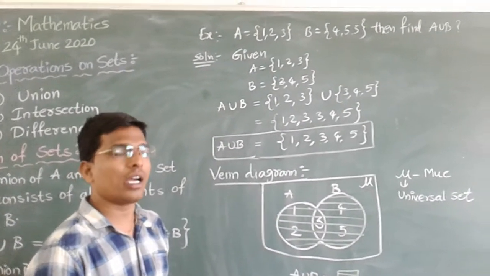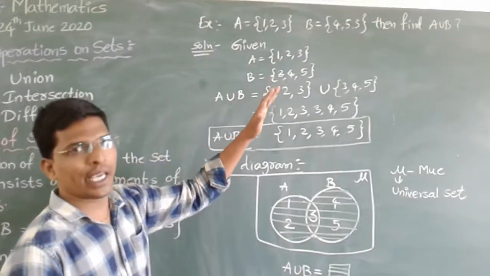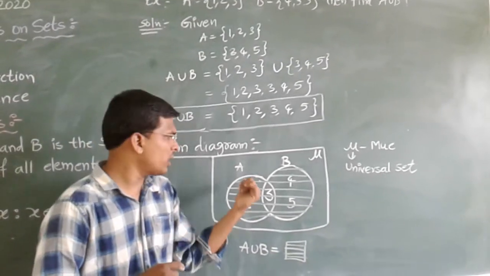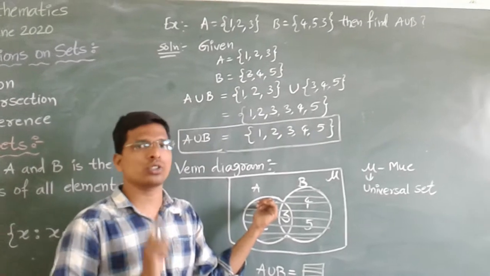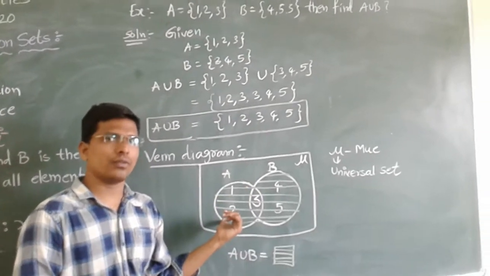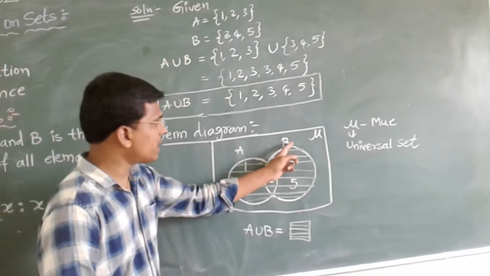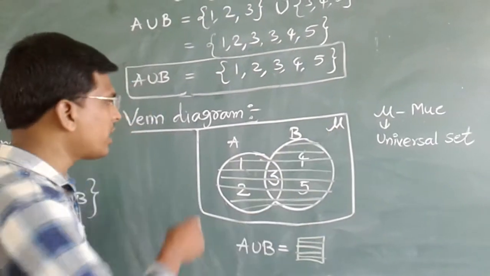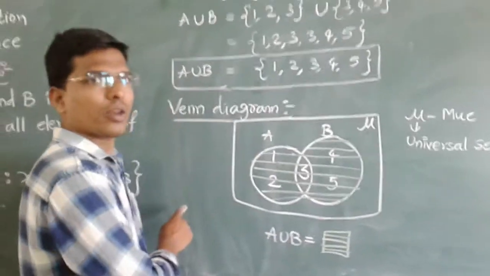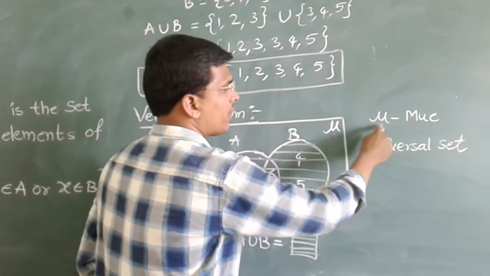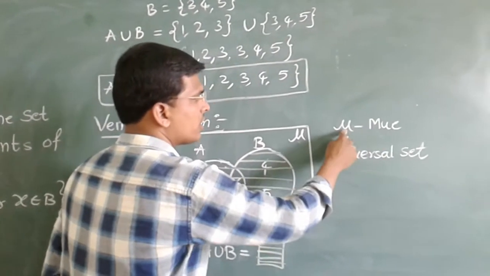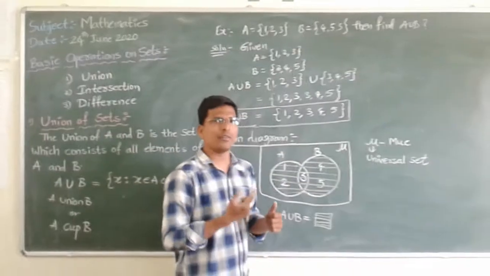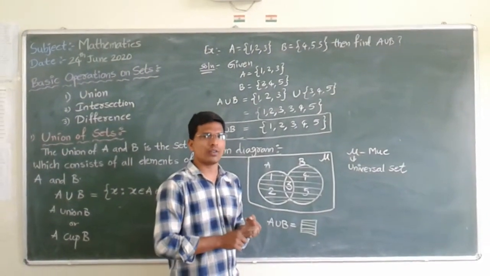Sometimes they may ask you to represent the values of A and B in a Venn diagram. In that case, we will use closed figures. Not only circles, we can take any figure that is a closed figure. Here I am taking circles. Set A is the first circle, set B is the second circle, and these two sets belong to the universal set. That's why I have represented it with a rectangular box. This is the symbol mu, the symbol of the universal set. Universal set means everything will be present in the set: every digit, every number, all the alphabets.